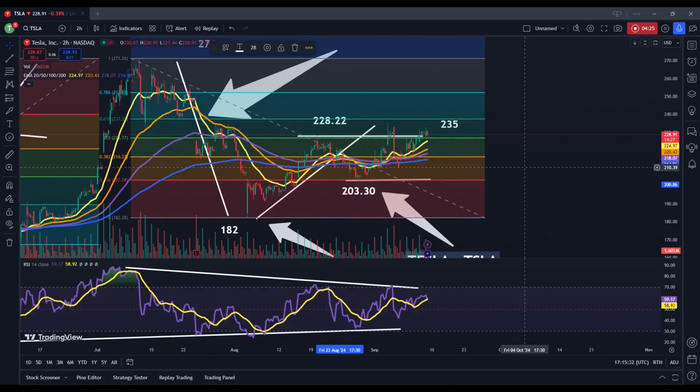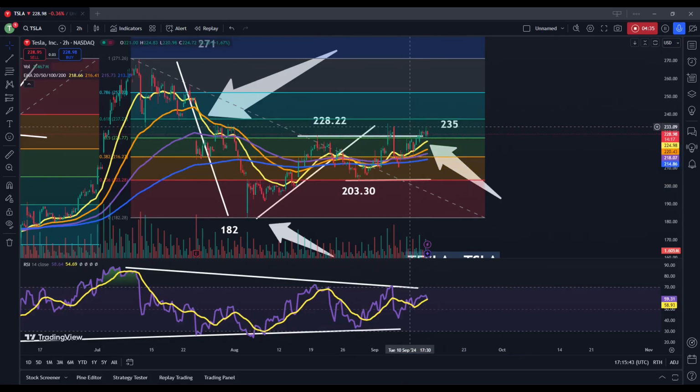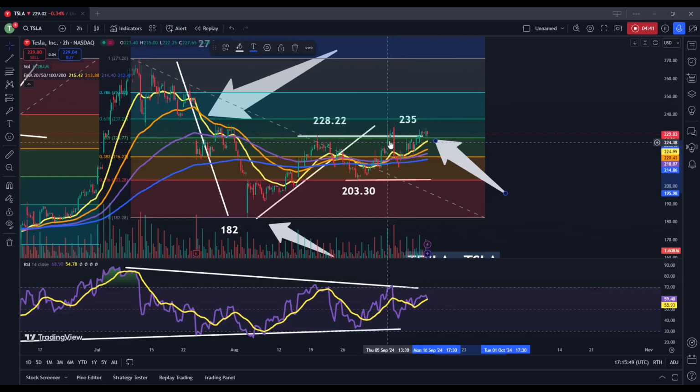So this will be a significant support zone here going forward. As things currently stand, we have broken above the exponential moving average cluster, and we are now coming right back into the prior resistance zone, which was marked right around $235. So if we do see a failure here, this would be a negative signal, because it would suggest that share